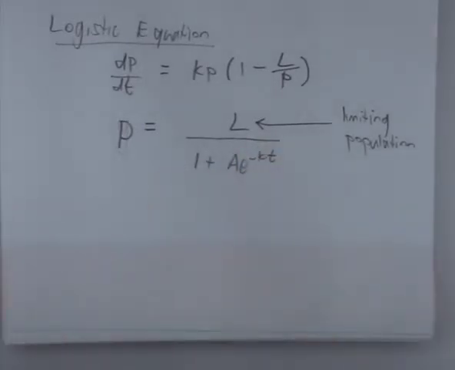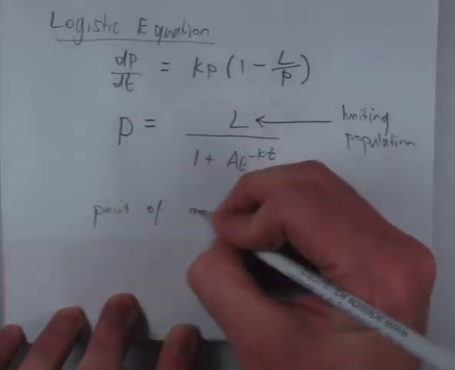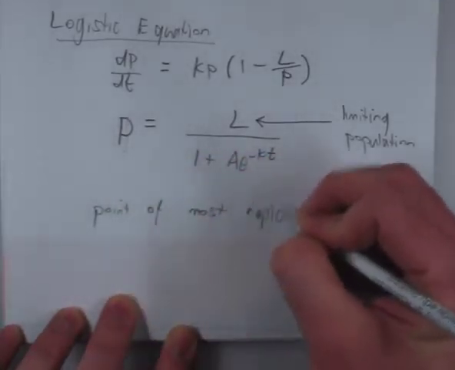But are there any particular facts that you're supposed to know about the logistic equation? There's a point in the middle somewhere. Yeah. There's an inflection point, which is this point at which the population is growing the most rapidly. So the point of most rapid growth